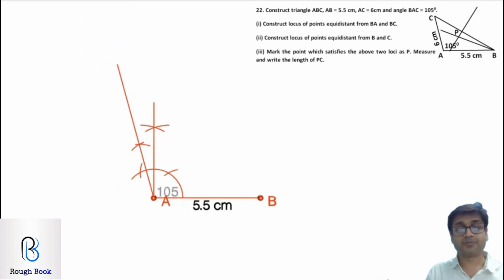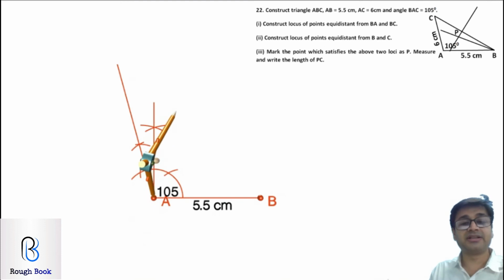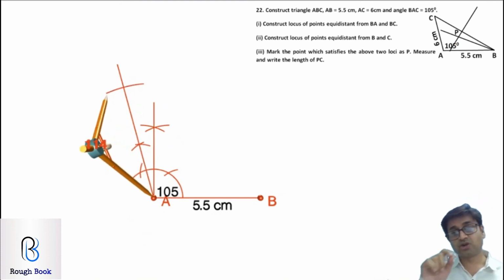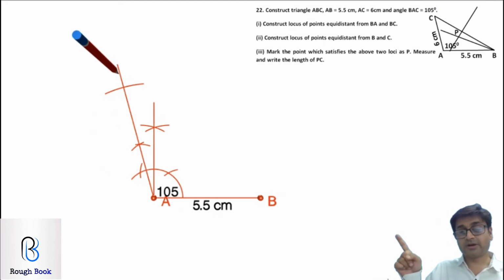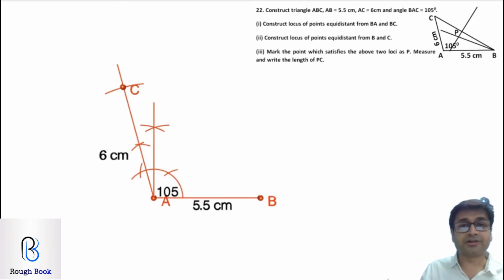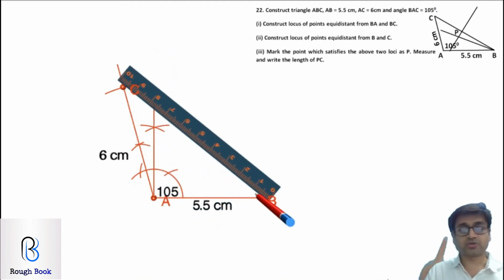Very important. Now from A, they've given you AC as 6 centimeter, I guess. So cut your arc of AC from A as 6, plot it as point C and join it with B. So that's how your point C will look like. Come on, plot it. Super. And join it with BC to get your triangle ABC done. So at least if you could draw your triangle, you're bound to get your first 1 mark.